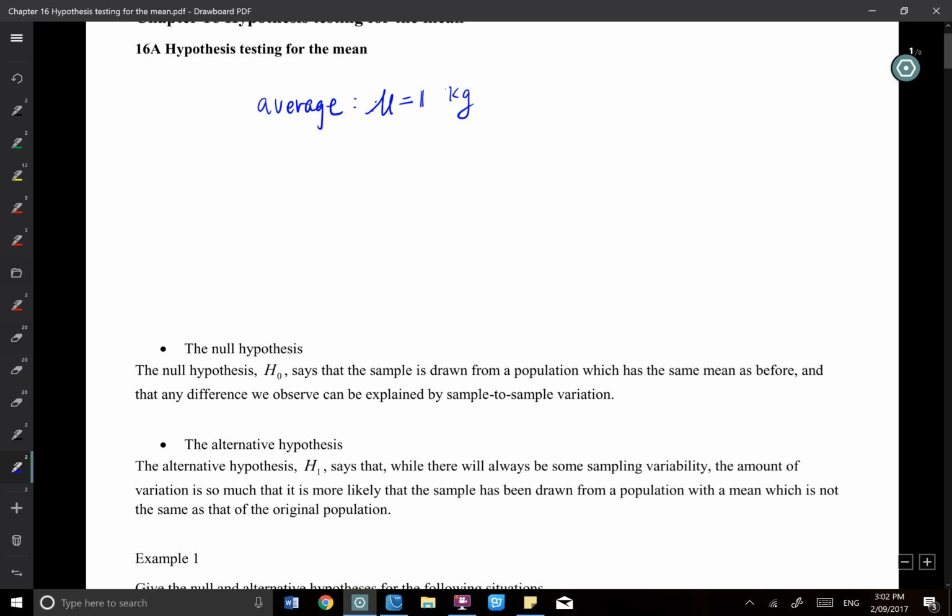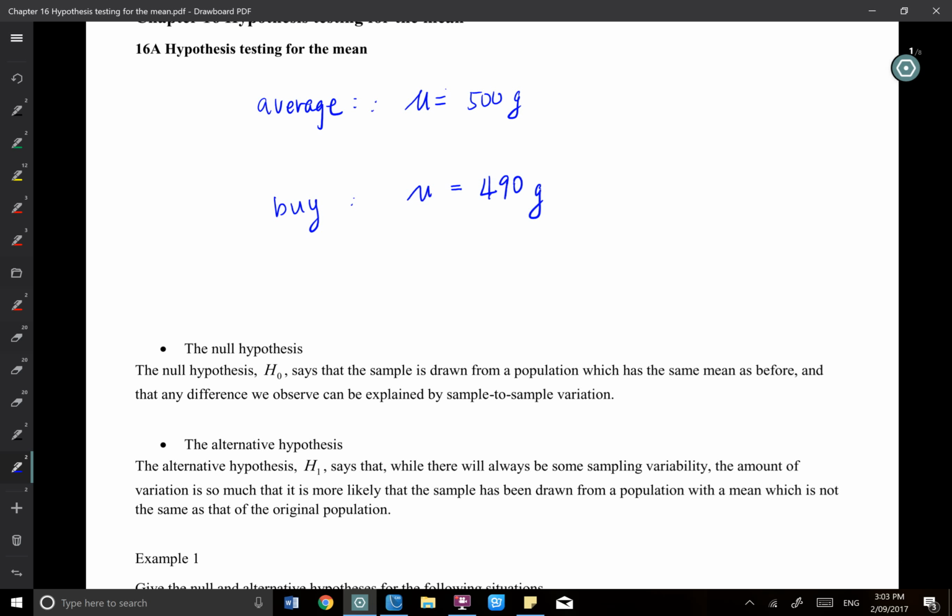And then someone goes home and weighs it and finds the mu is, well, 1 kilo is still quite shocking, so 500 grams. Then they calculate the X bar, no, not the sample, like the mu. Let's still use mu. Mu for what they buy is 498, well, it doesn't matter. And then this person wants to make an announcement.